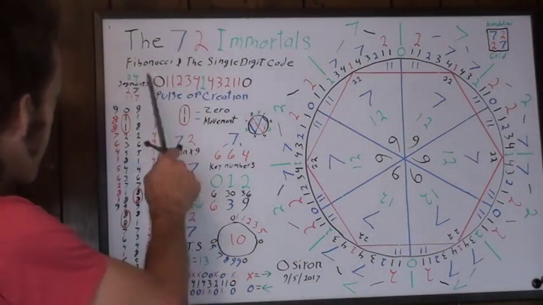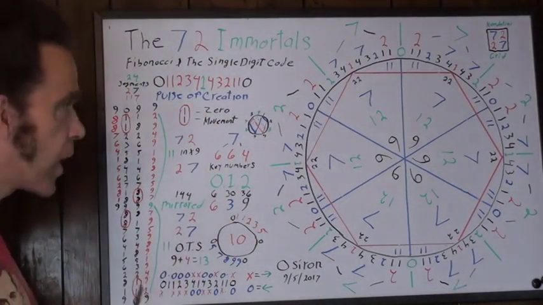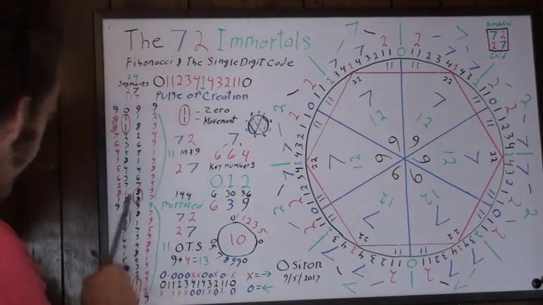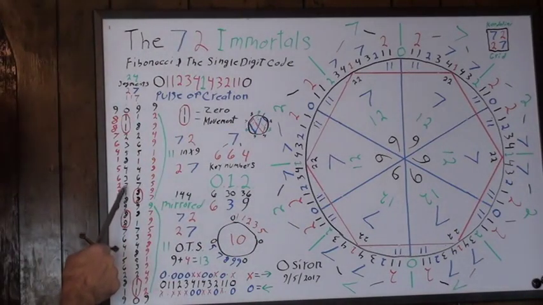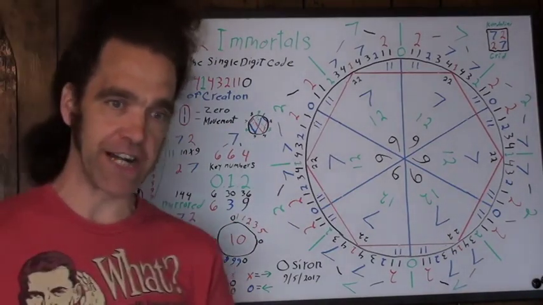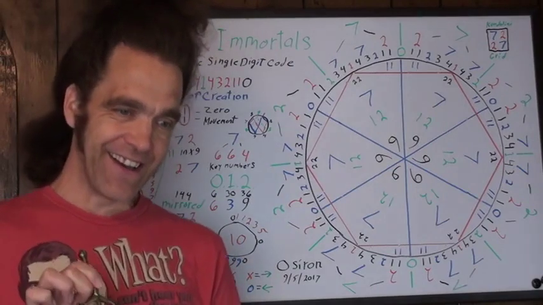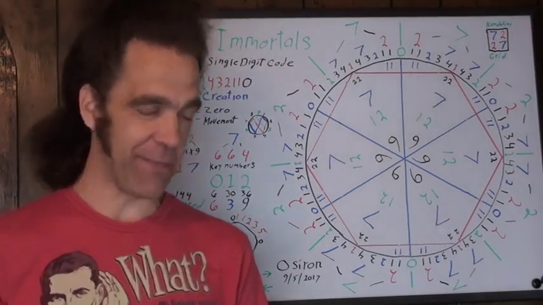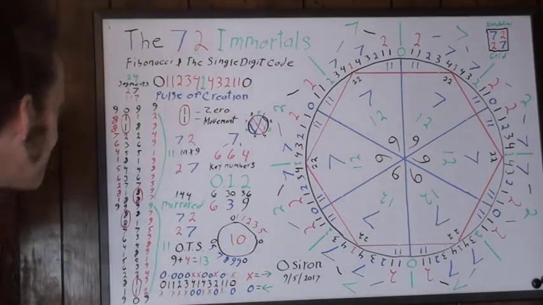So it goes through 0, 1, 1, 2, 3, 4, 1, 4, 3, 2, 1, 1, 0 twice in a sequence of the 24 numbers produced by the Fibonacci code when you reduce the numbers. So that's what happens. Okay? Now,